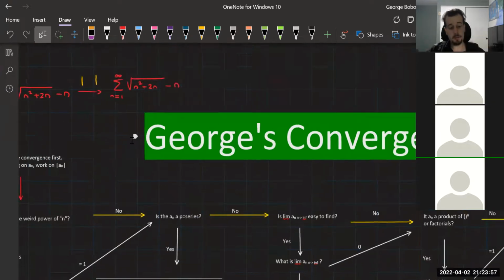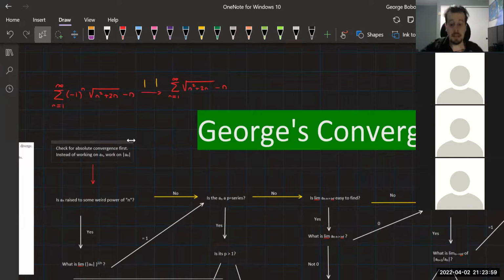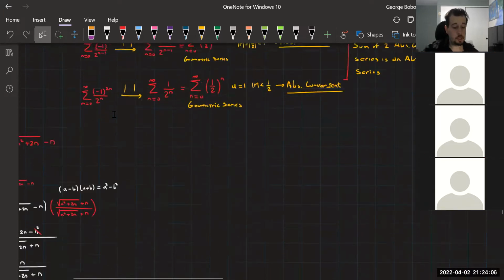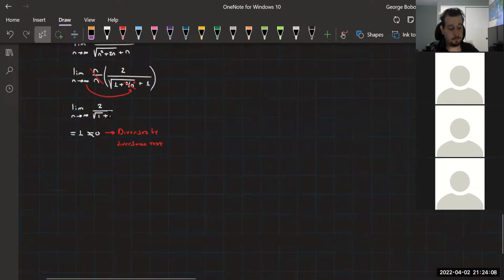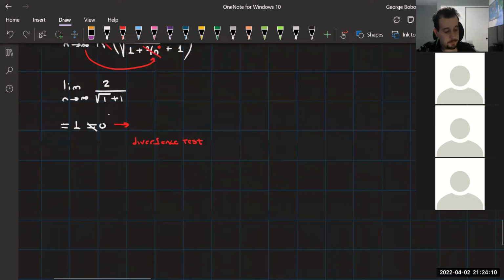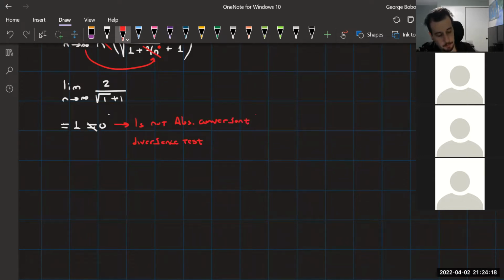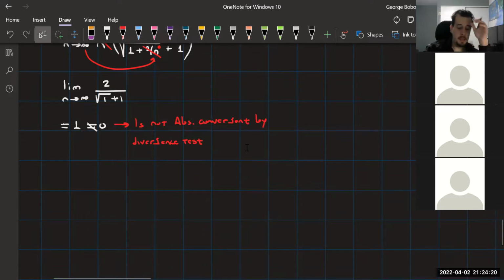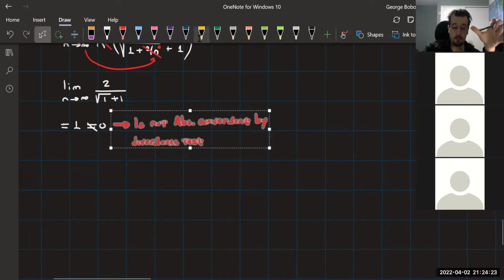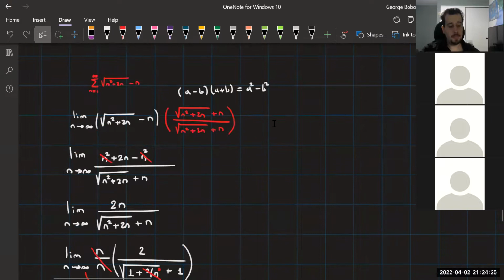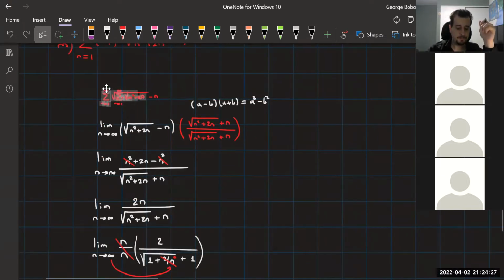So that's what got me stuck there. Anyways, it completely failed, but it still has hope. Hold on. We were checking the absolute convergence, right? So this is not absolutely convergent by the divergence test, okay? That's fine. We're still hanging out though, because